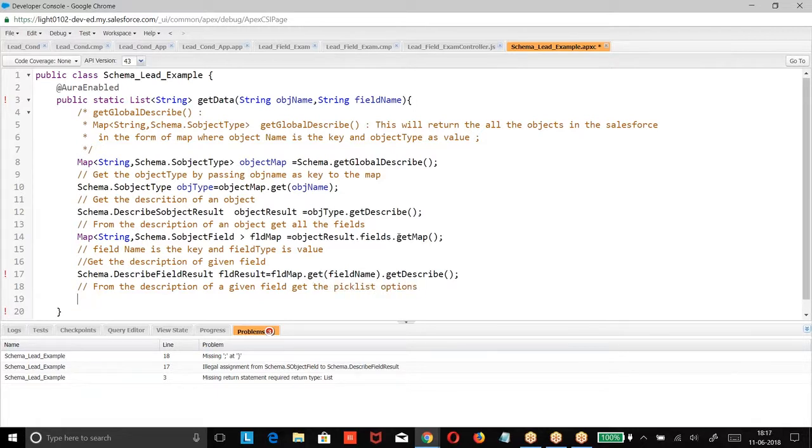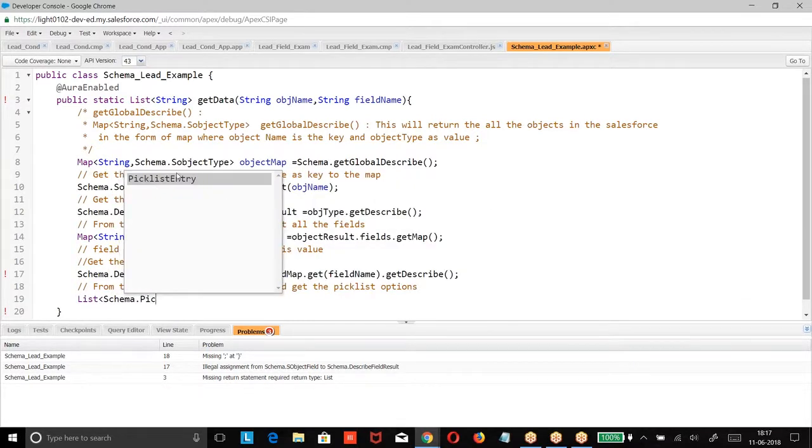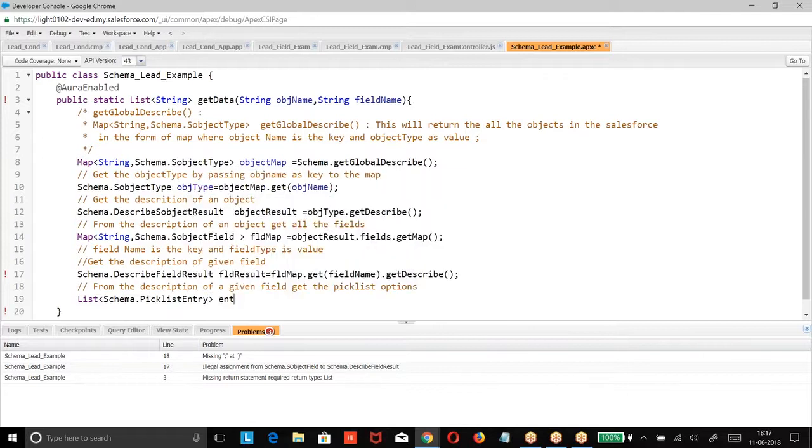How you get the pick list options? List of schema pick list entry, pick list values.